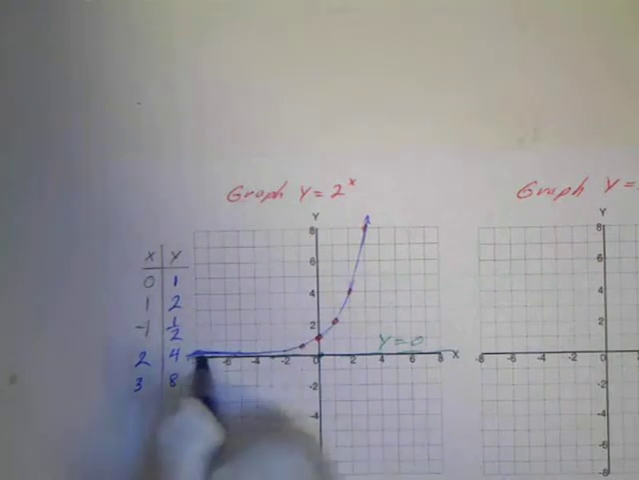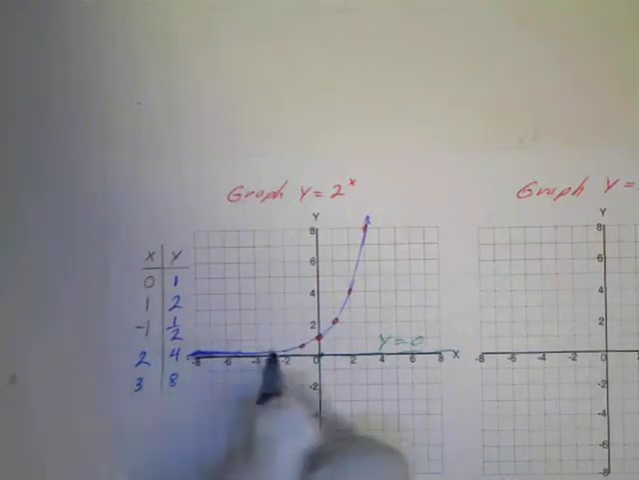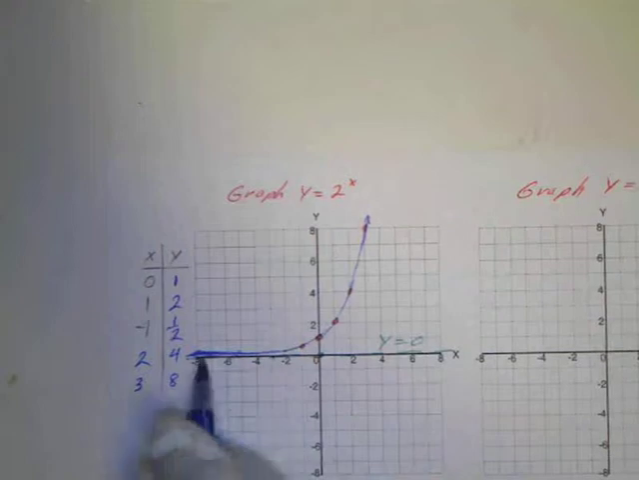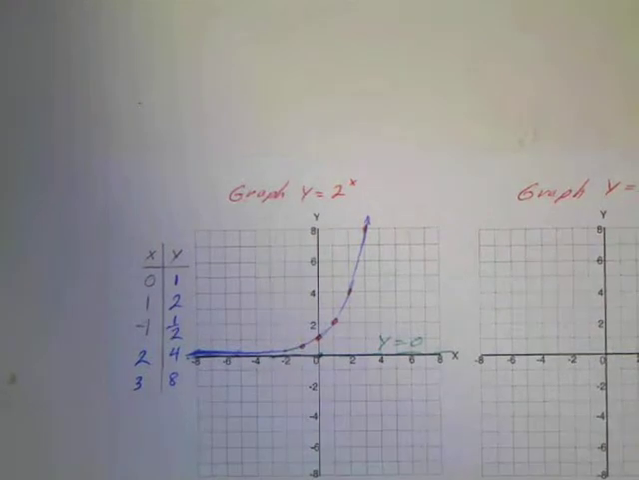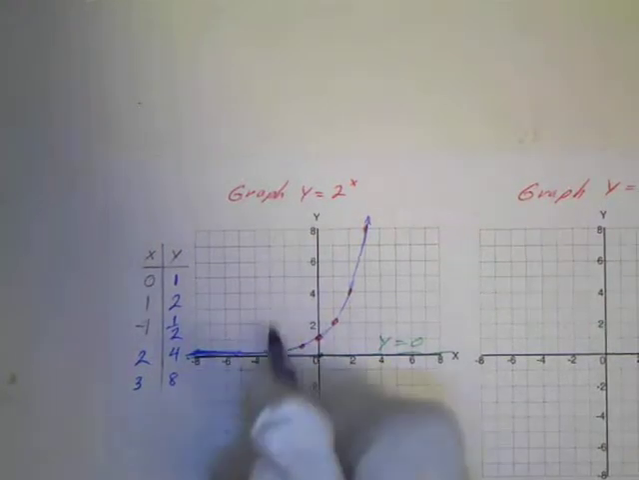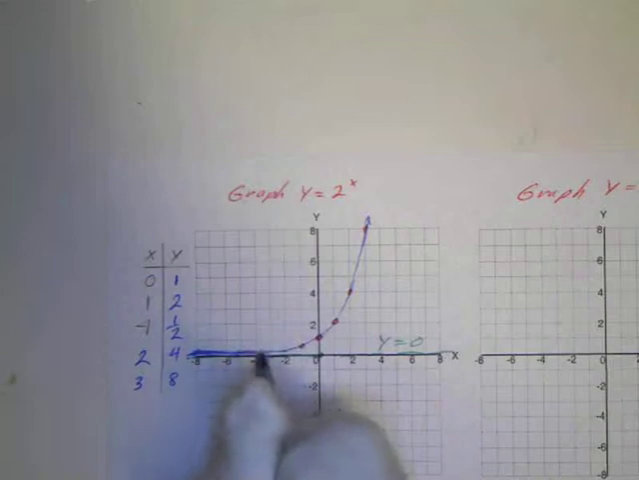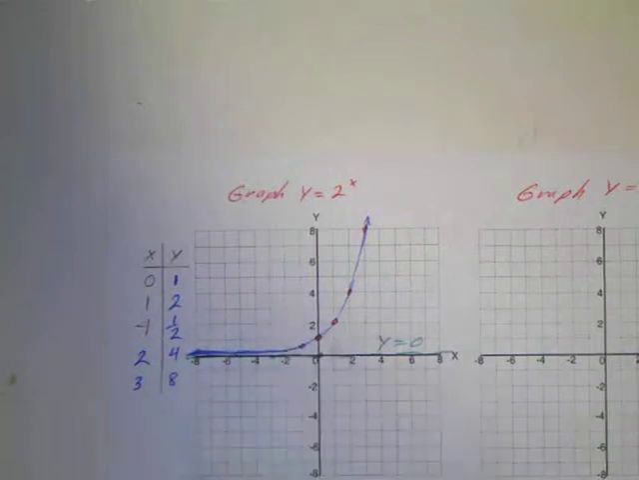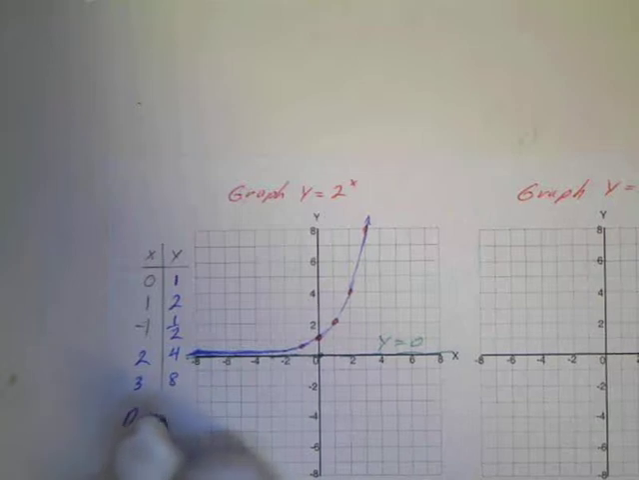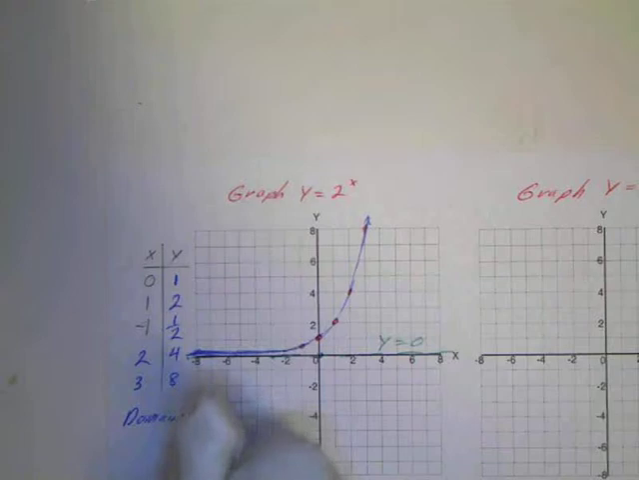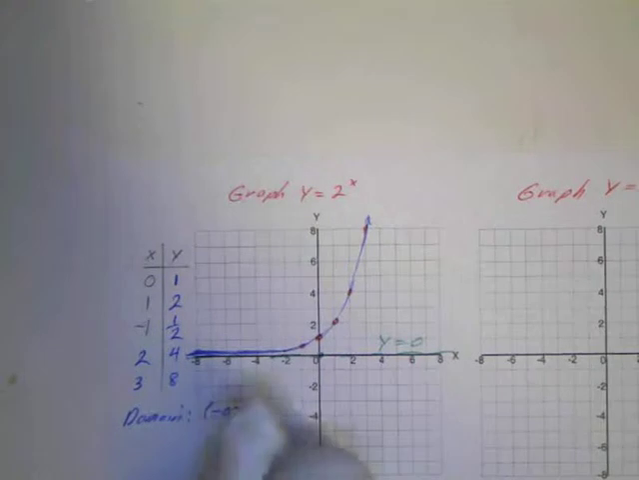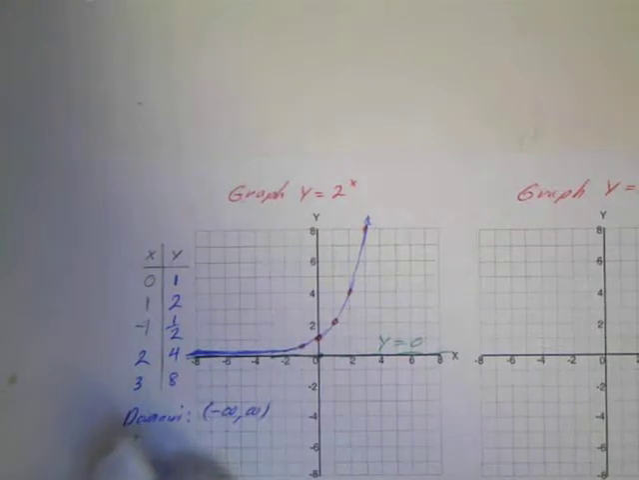It doesn't veer away, so sometimes I have a little trouble drawing them. They keep getting closer and closer. Sometimes they veer away. So remember, it's always going to get closer to this asymptote, this horizontal asymptote. So the domain is all real numbers, or negative infinity to infinity, and the range,